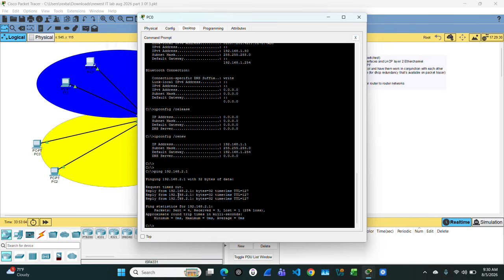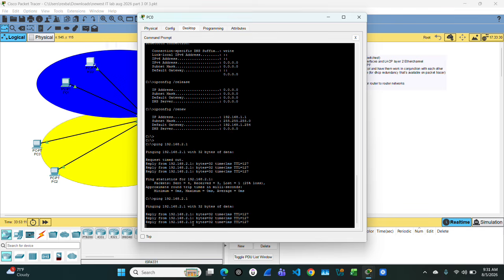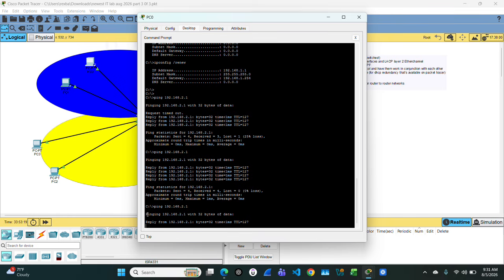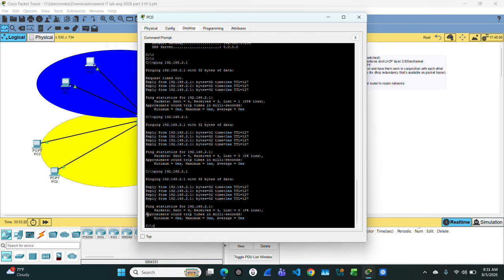Oh, guys, by the way, if your first ICMP message fails, don't panic. That's just ARP. The first ARP is being lost because it doesn't know the new IP address of this device. That's why consecutive pings work flawlessly, because it already knows the address. All right, so then I can say,